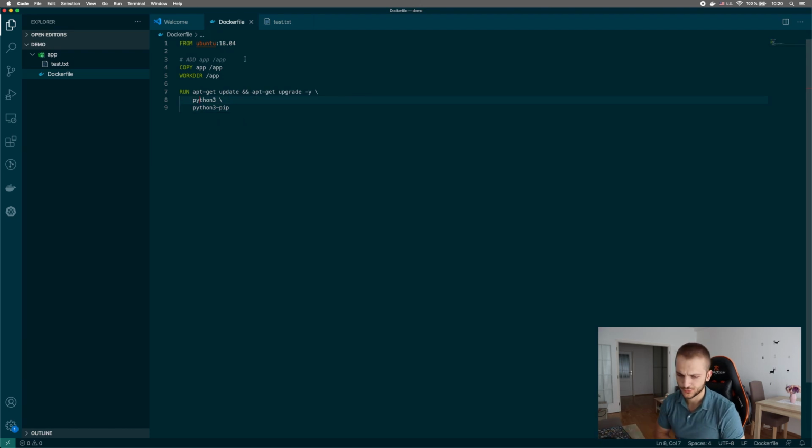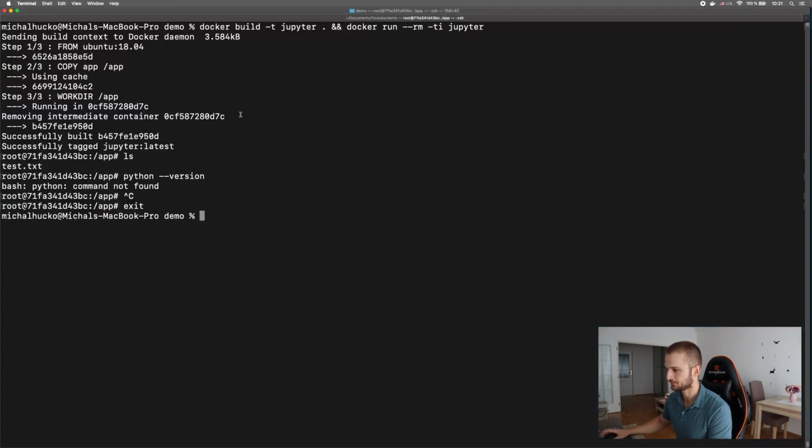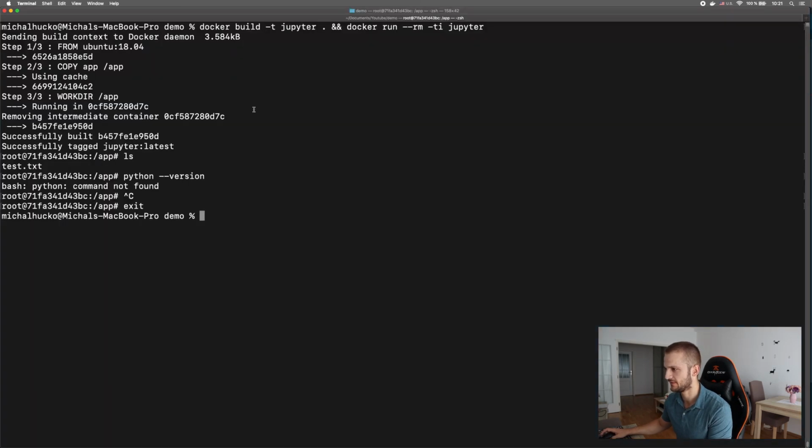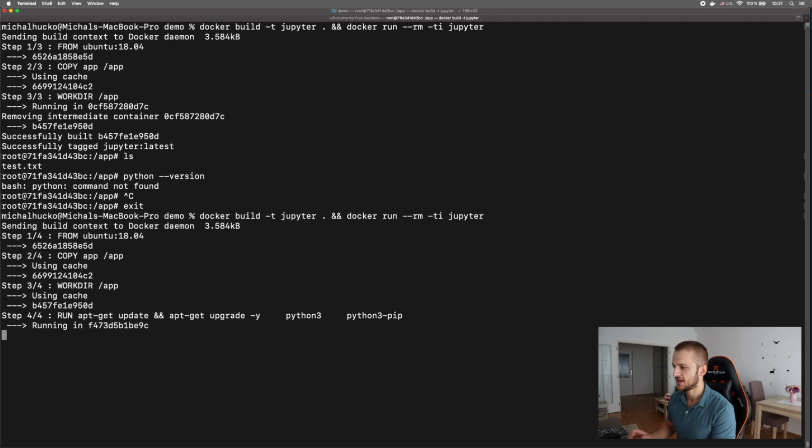Now, this is the thing which you would do on your computer locally. But inside the Dockerfile, one thing is not recommended. Please don't use the upgrade option for your run commands. The reason for this is quite simple. The way the Dockerfile works is that when you build this, everything will work. So for example, if I go here and press save, and now I build this,